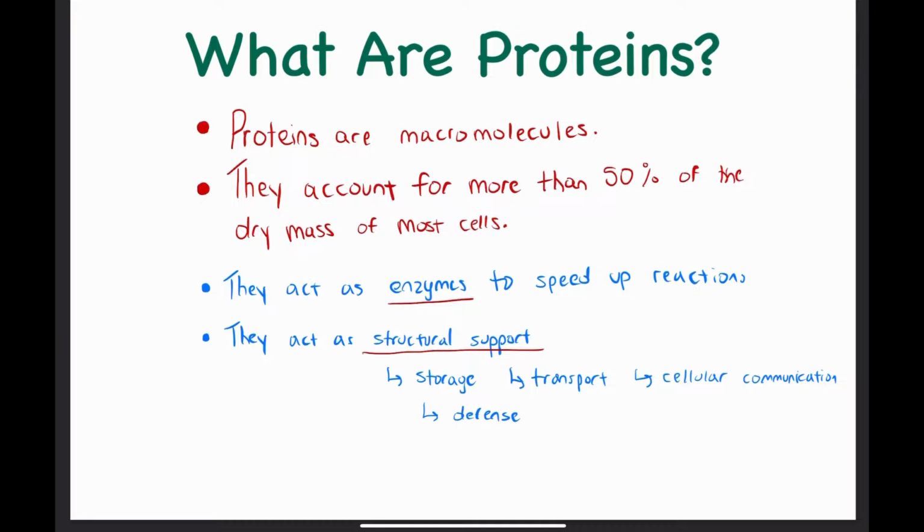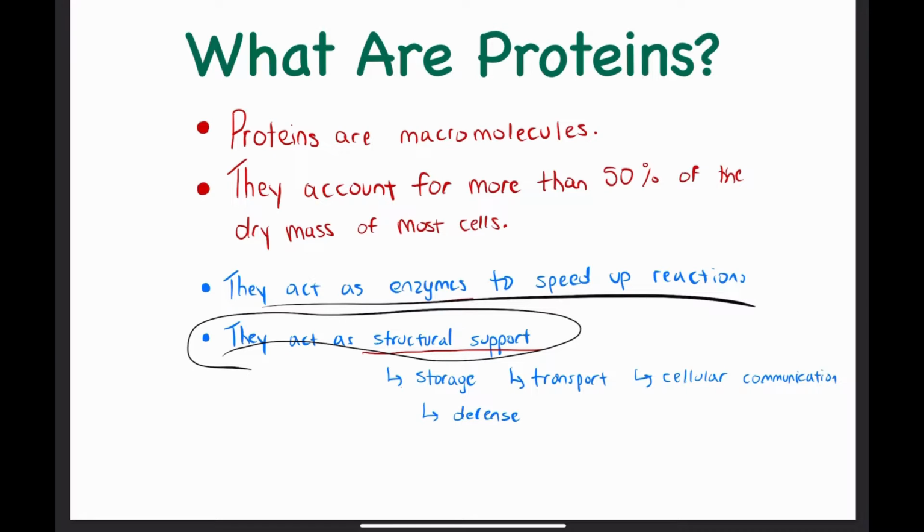This is important because we know that proteins are used for transport, structure, and speeding up the rates of reactions. And really, they are very ubiquitous. They're all over the cell and are very important for cellular function and biochemical reactions. Of course, they act as enzymes to speed up reactions, and they're used for structural support, which we will see later. Storage, transport, cellular communication, my favorite.